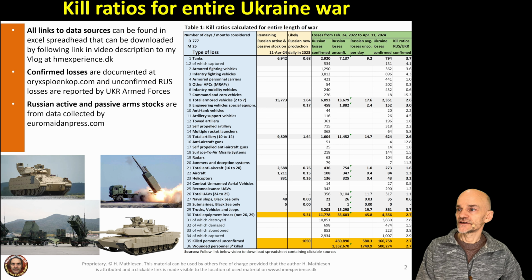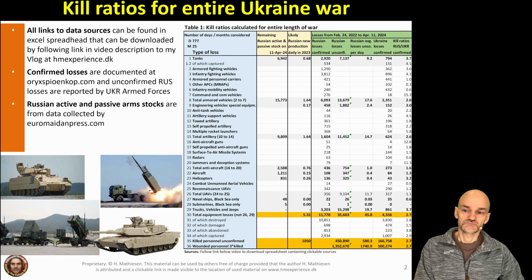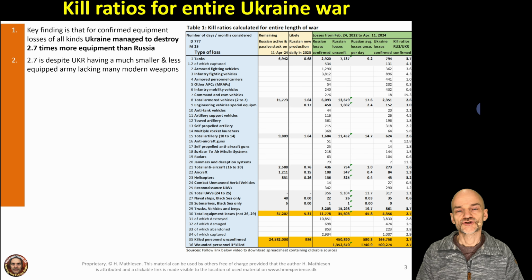What else can I say? Well, likely Russian new production daily. I have that from various sources. Again, you can find them in my Excel spreadsheet that you can download. But there are some of these sources I cannot find, and then I explain some assumptions I have made in order to make an estimate of what they likely are, to the best of my knowledge. So now that we have discussed the data and how they are organized in this table here, and also the sources they came from, let's discuss the data itself.